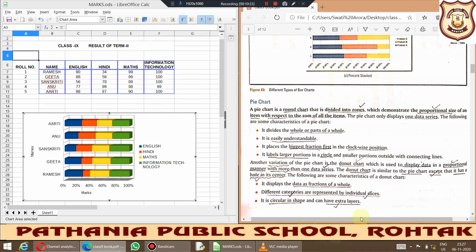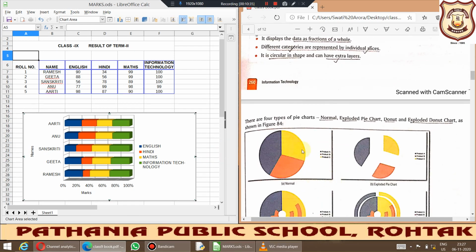If we consider that this is a combination of all items, this is the sum of all items that we are having. So if you want to represent an area in a pie chart, it will be shown with a different color. Okay, so if we want to represent the things in the circular chart form, then we can go with the pie chart.